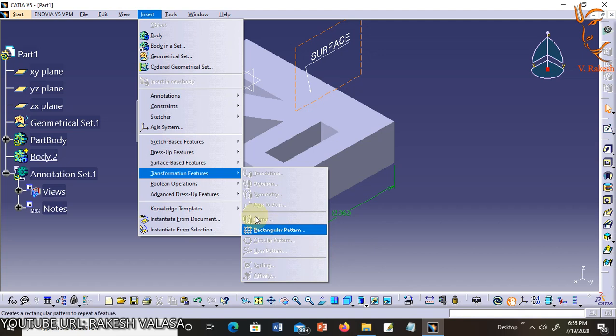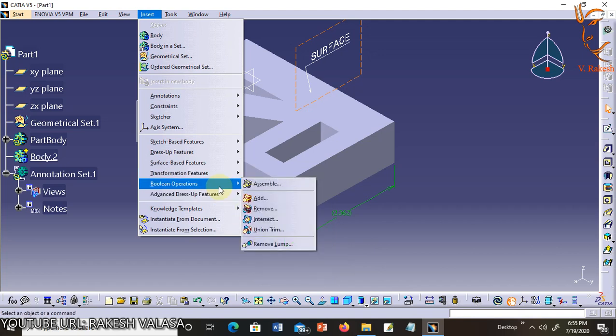Next option is Boolean operations. It has assemble, add, remove, intersect, union trim, remove lump. This toolbar does not by default show up on any workbenches.